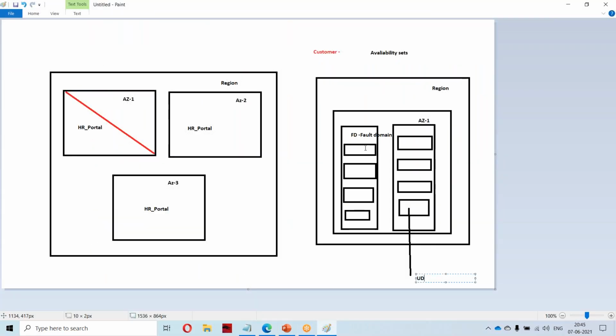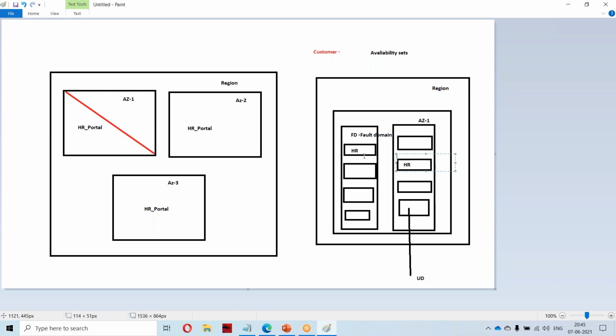What Azure will provision, no, now I have deployed my HR portal in availability zone 1 in the same data center. I kept one application in this one and one application in this one. Likewise, if the application is deployed in multiple availability zones or multiple regions, the same logic applies. If I want to upgrade this application, I'll be doing the patching work and all those in this one.